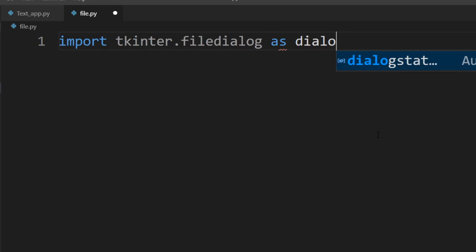Let's take a look at Tkinter FileDialogs. FileDialogs allow you to open a folder or file, even save a file using a graphical method in a GUI. In Tkinter, that's especially easy. All you have to do is import the module, import tkinter.FileDialog as dialog,